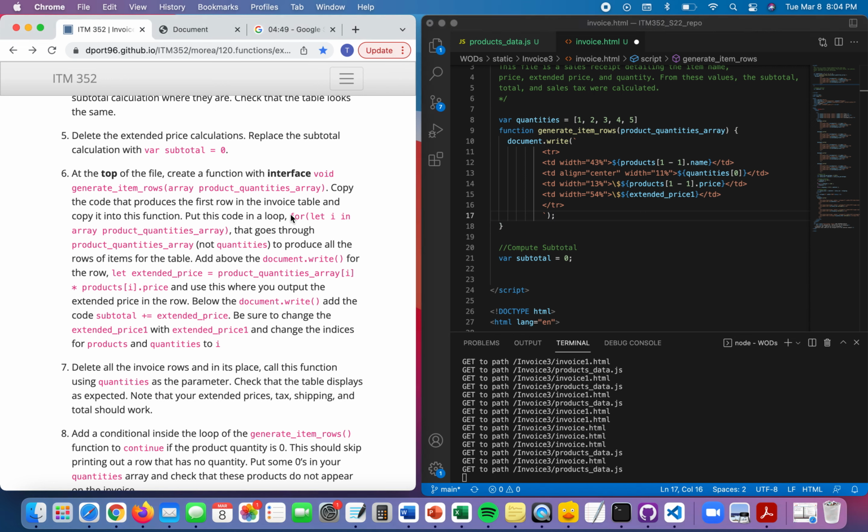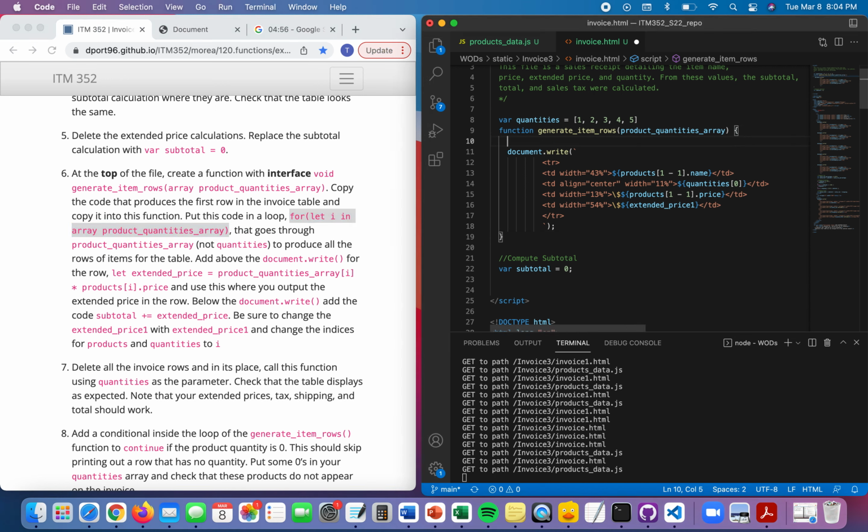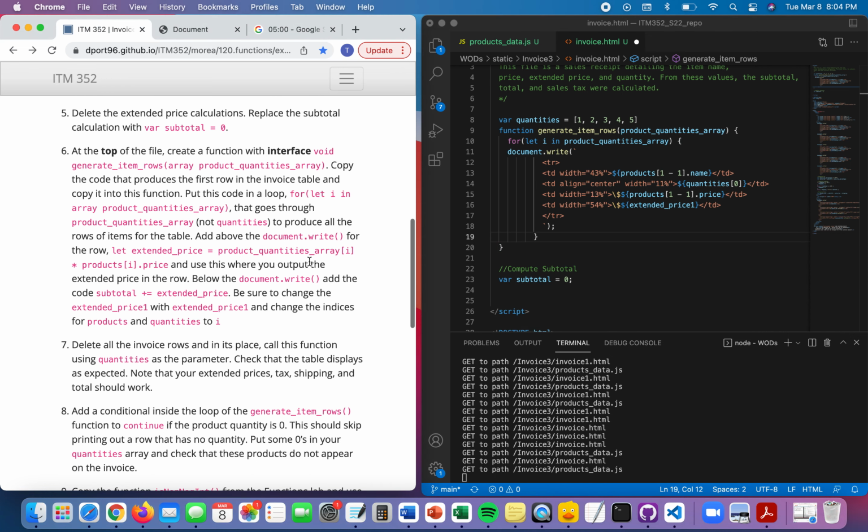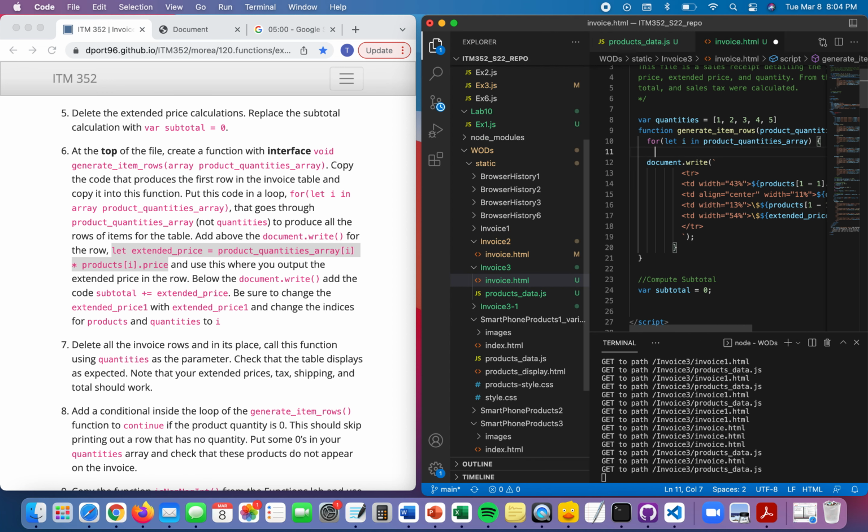Put this code in a loop for let i an array. Just going to copy and paste this. Copy, delete the array, shouldn't be there, and put a second set of curlies in. Okay, add above the document write for the row let. Okay, copy this, paste it here,